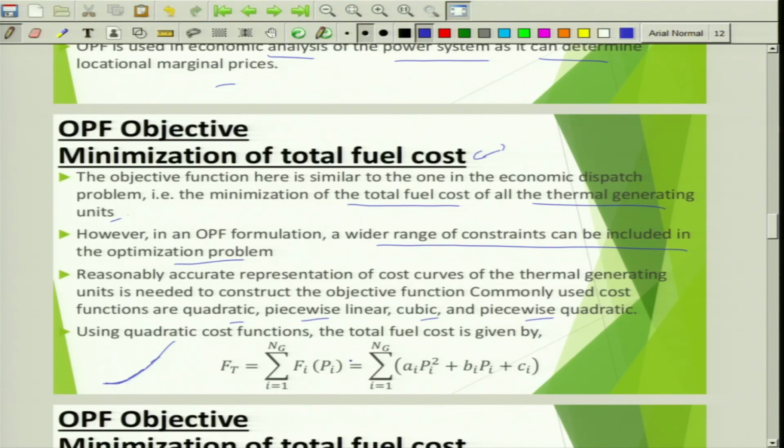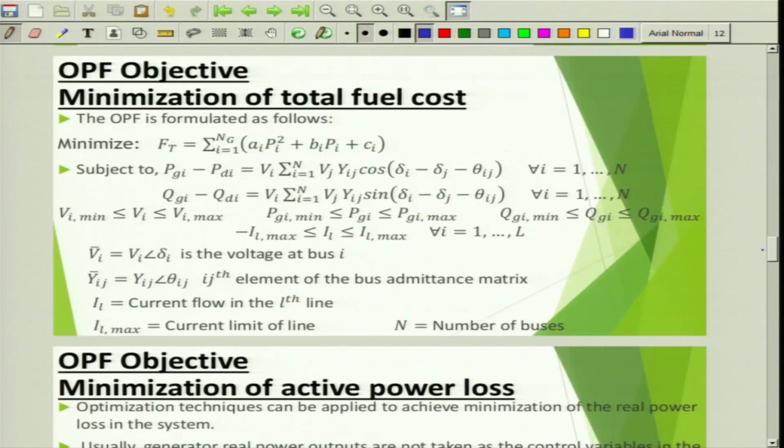Using quadratic cost functions, the total fuel cost is given by, now this is the total fuel cost that you need to minimize. So that means you need to minimize the fuel cost of each generation, with respect to their respective quadratic function. So minimize this subject to these constraints. What is that constraint? You see here basically